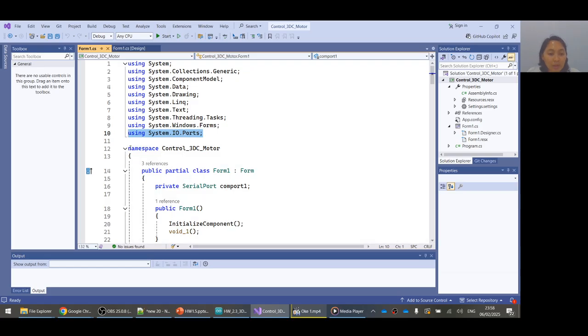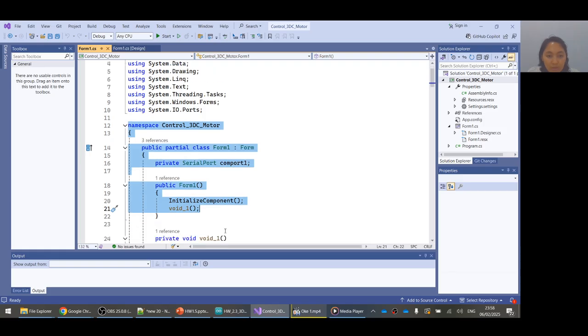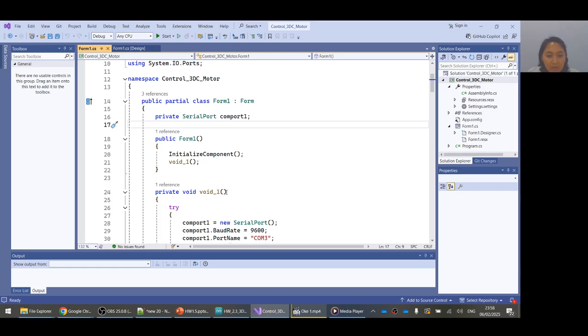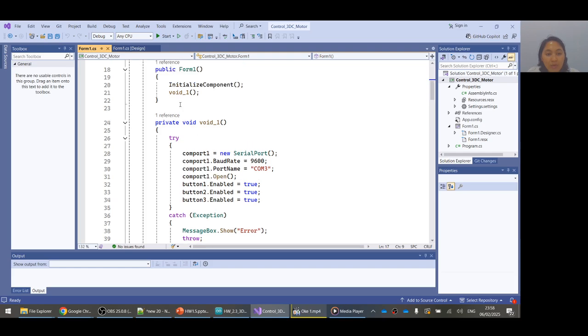And this is the class and also the initialization or declaration of variables. This is the serial port, COM port 1, and this is for InitializeComponent, and this is for the function void underscore 1.